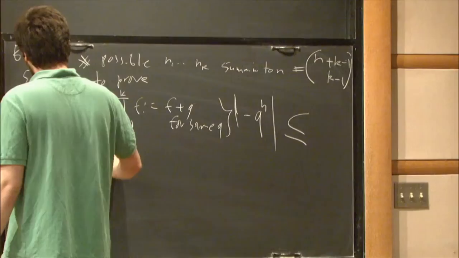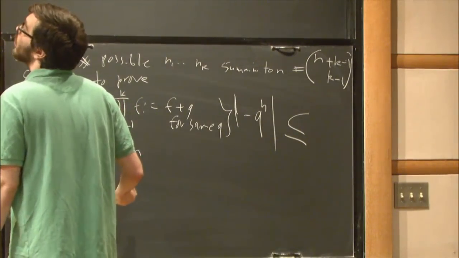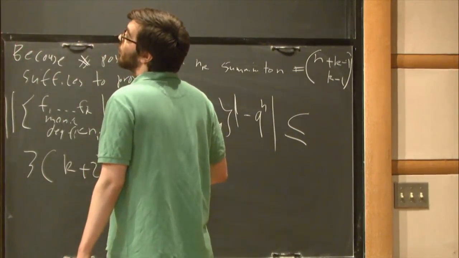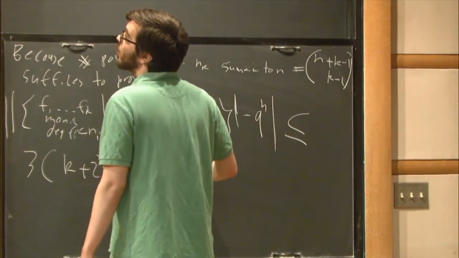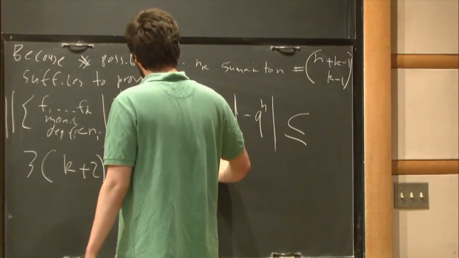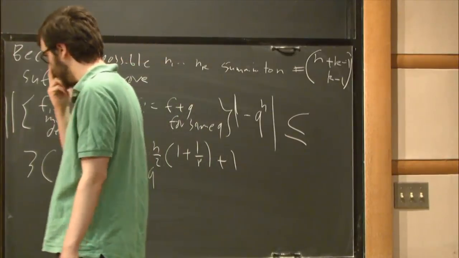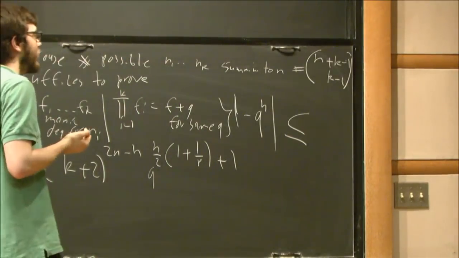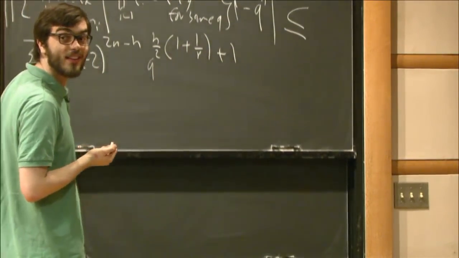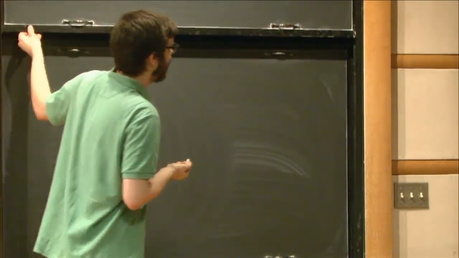3k plus 2 to the 2n minus h, Q to the h over 2, 1 plus 1 over p plus 1. So,